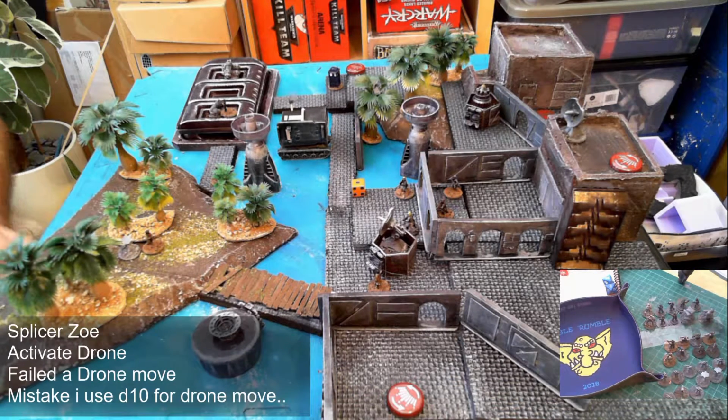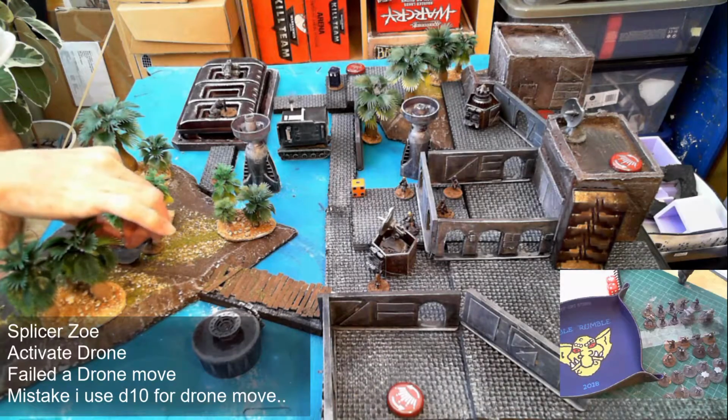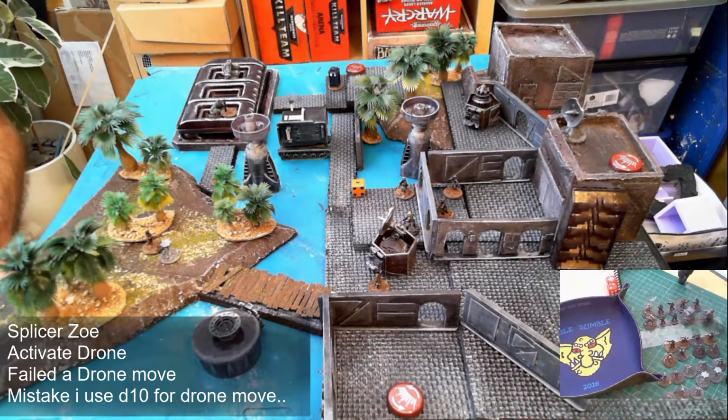Now Zoe now has a drone. So first of all, she's going to try and activate that drone, save that she's got remote control of it. So using her support skill, techno skill, 2 dice, 4+, 6, got it. So I'm now in control of the drone, that's my 6th action activated. And I want to move the drone. So that drone can be anywhere within 1 inch of me, I believe. So I'm going to try and move it along, and it's got two